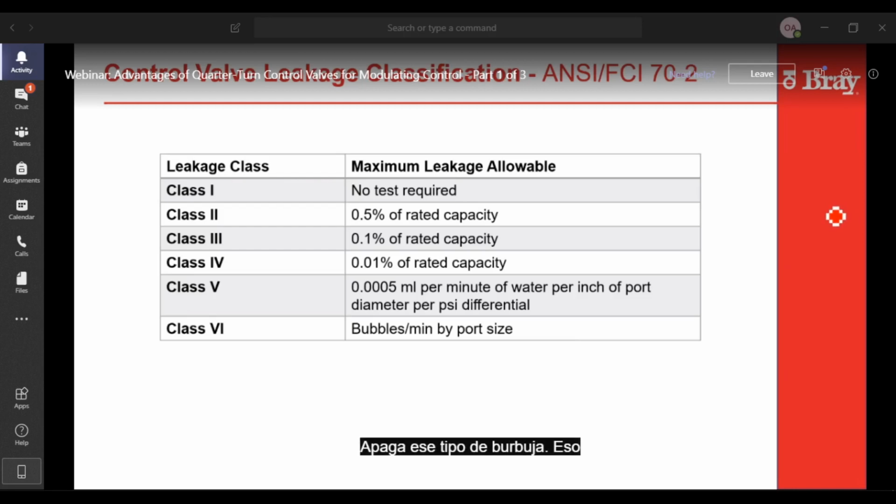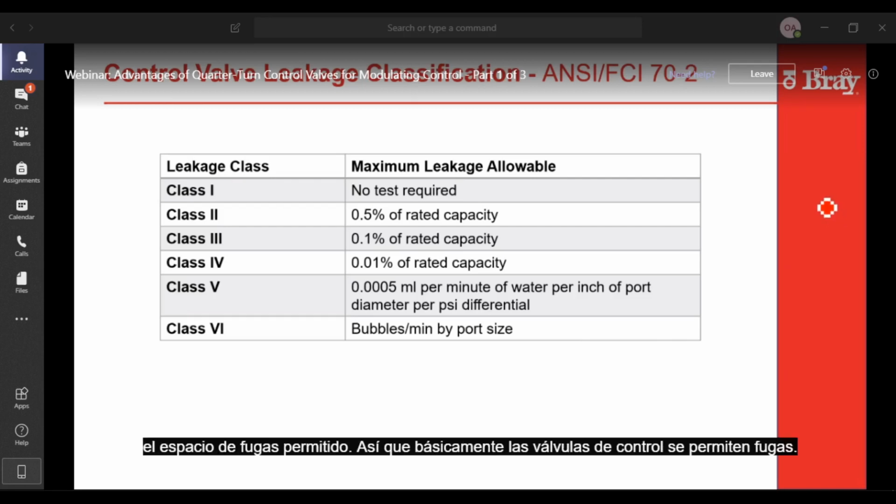That's bubble type, and that's based on bubbles a minute by the diameter of the seat. Class 5 is for metal seated valves typically. Class 6 is typically with soft seated valves. But they are allowed to leak on the bench at the manufacturer's test stand. These are the allowable leakage rates.